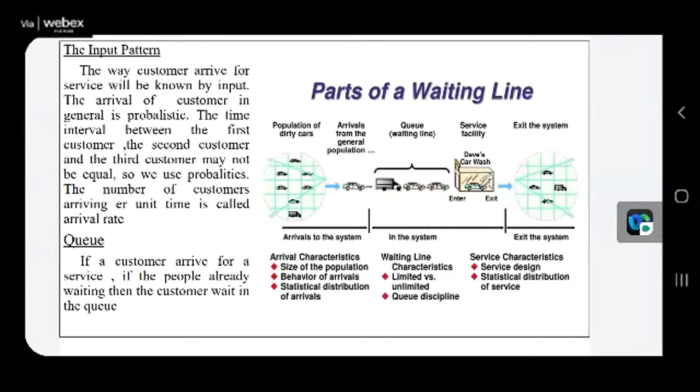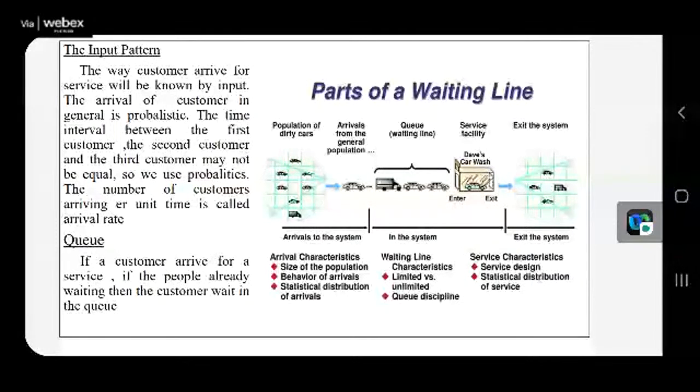Now, once the population or customer has arrived into the system, he is a part of the system. Here, system means nothing but the queuing system. Once he comes and joins the system, after some time another person comes and joins. If there is one service like car washing, they can't wash all at a time. There may be such a case, but for ideal purposes, we consider that only one place is there for washing the car. Then there will be formation of a queue, or you can call it a waiting line. That also has some governing characteristics.